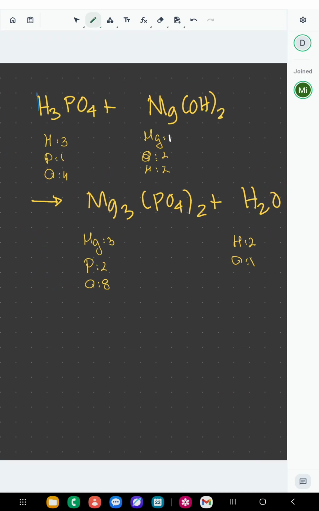Okay, so you analyze first. You cannot balance hydrogen yet, right? Because you have 2 hydrogens on the left. Yes, you can start with magnesium. So magnesium there is 3, so that means you multiply this by 3. When you multiply magnesium by 3, that means you multiply everything by 3 as well. So that is 3, 6, 6. Now you can balance the oxygen